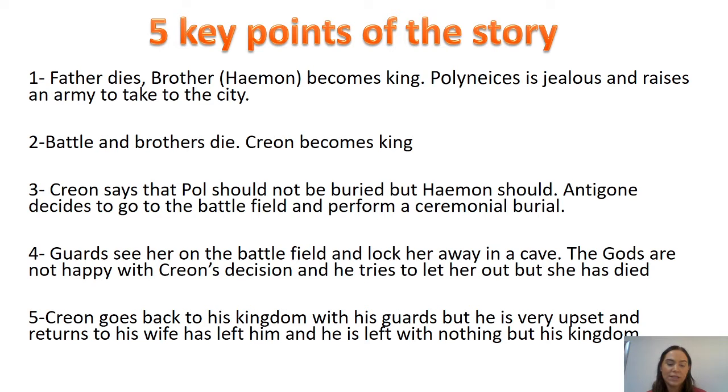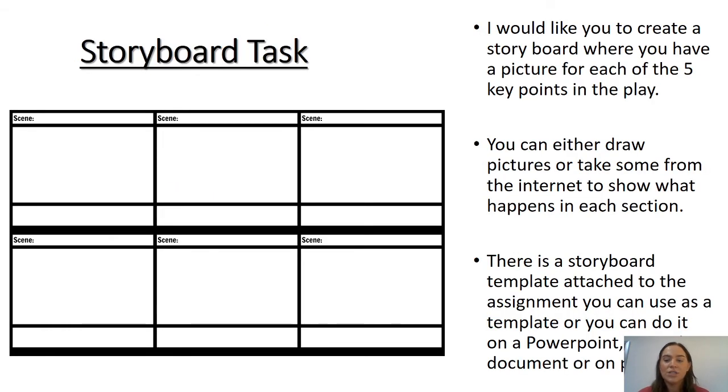So for instance, if you're trying to find a picture for Creon for point number 5, it says that he is upset. So make sure you pick a picture that actually shows that somebody is upset, so it makes it a bit more obvious. So there is a storyboard template attached to the assignment that you could use, or you